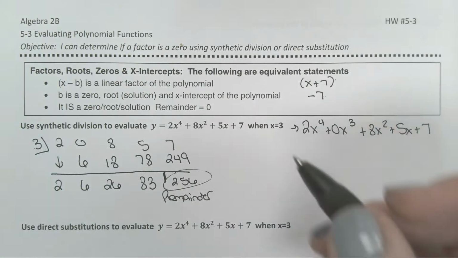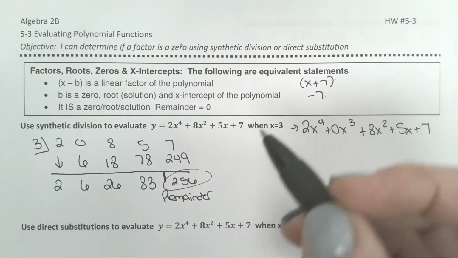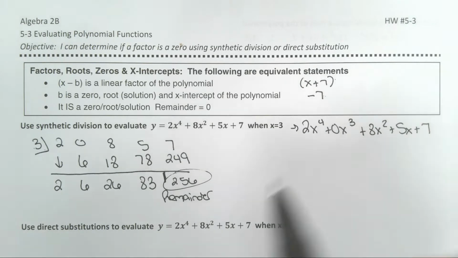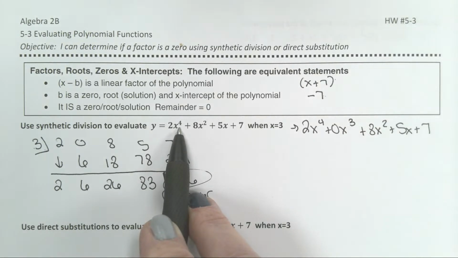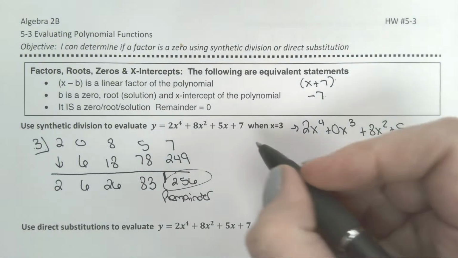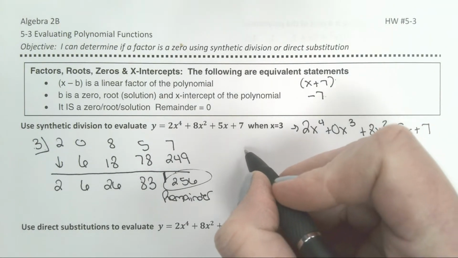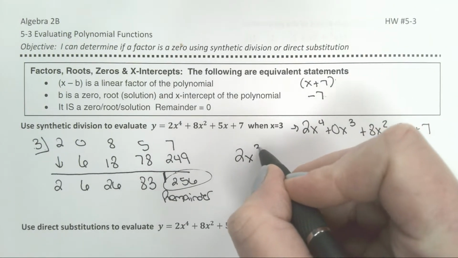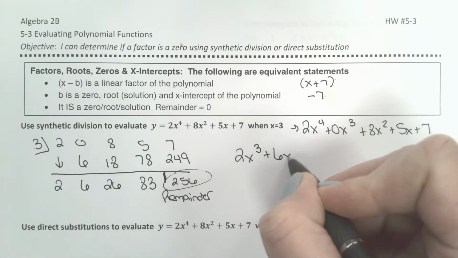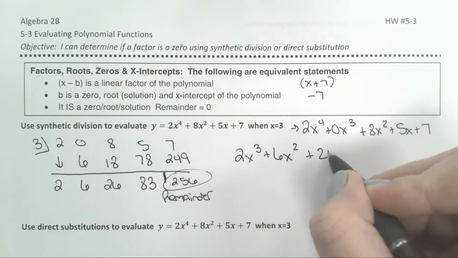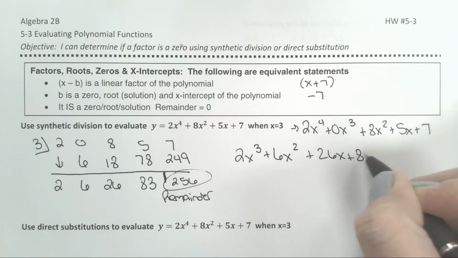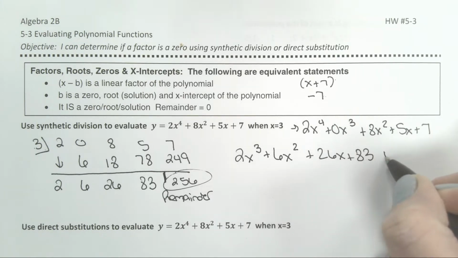So I want to rewrite this and put my variables back in. So remember, when you put your variables back in, you start one less than your original problem. So this is 2x to the 3rd plus 6x to the 2nd plus 26x plus 83, and I have a